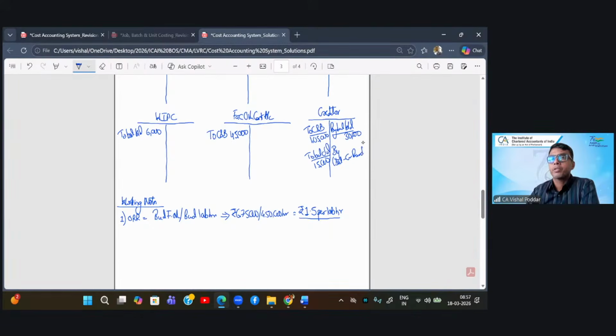Credit purchases, correct? So this credit purchases, how much is it coming? So 1,05,000 plus 15 is 1,20,000. And 1,20,000 minus 30,000 is 90,000. Now where will this go? This will go to